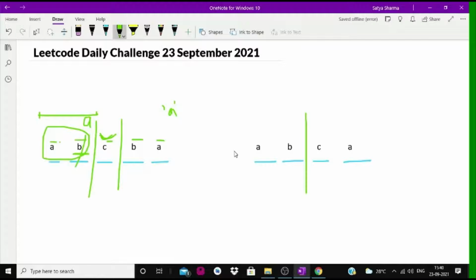But yes, the tricky case is when all the characters are equal to A. Then which character to change? Because changing any of these characters to A will leave it the same and the property of the palindrome will not be broken. Now, to break the property of the palindrome, we must change any of these characters to character B or any other character.